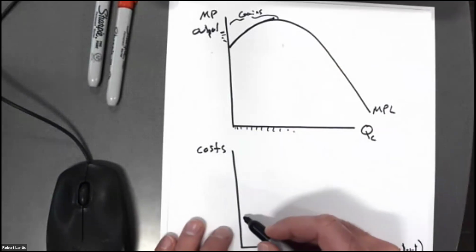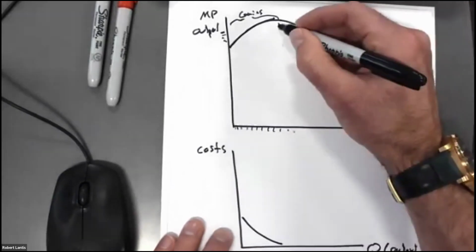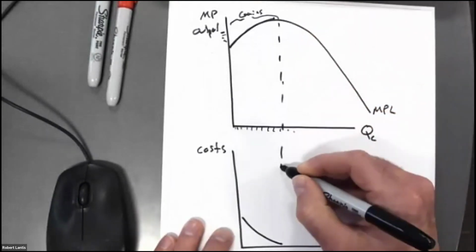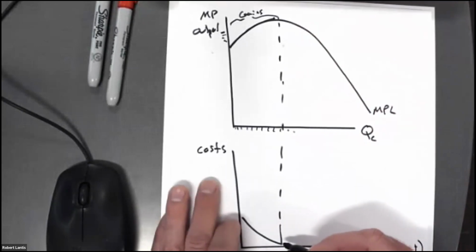Essentially, per unit, my marginal costs would actually be going down. So at this point where we've got gains from specialization, we know that our marginal costs